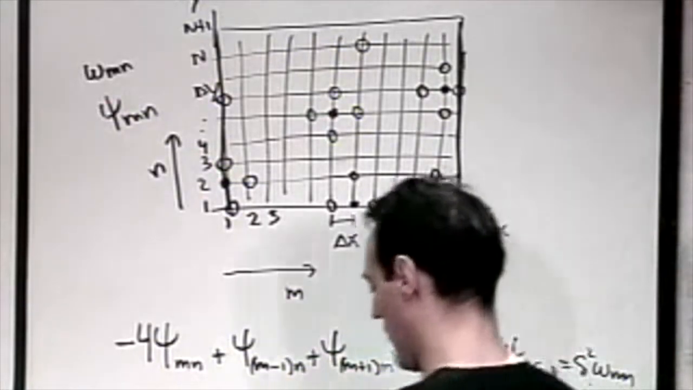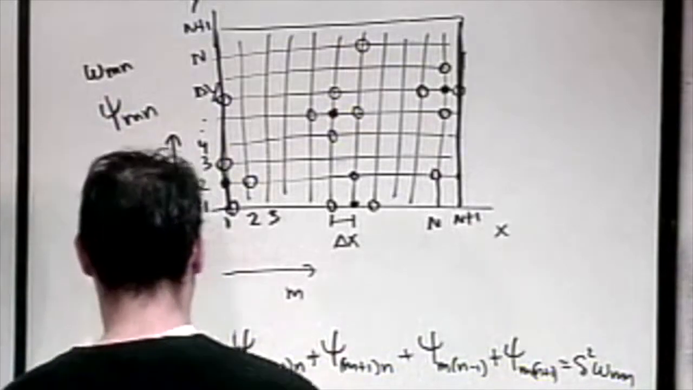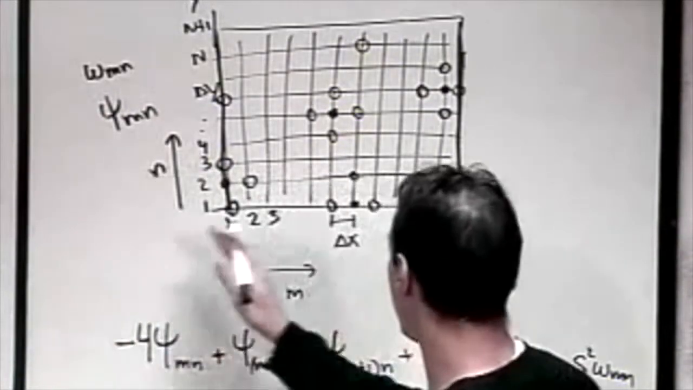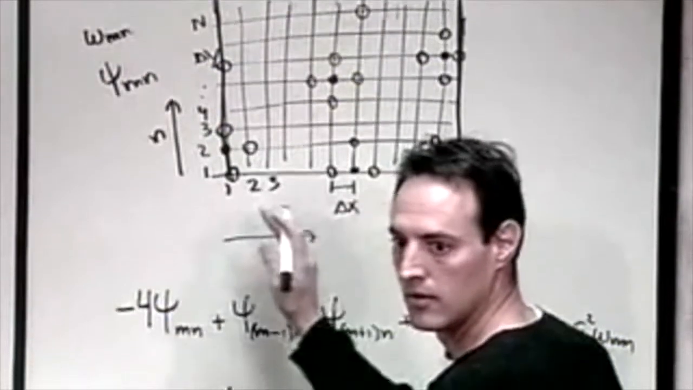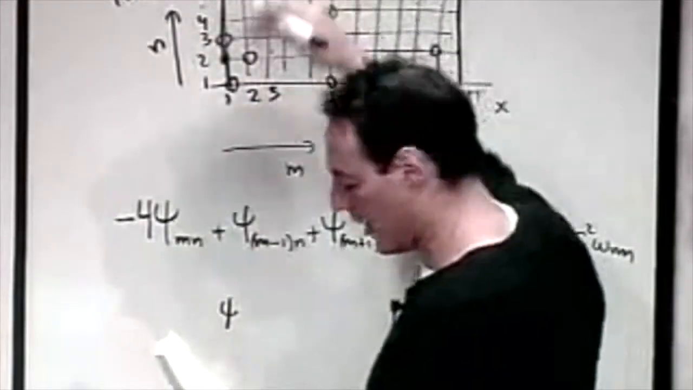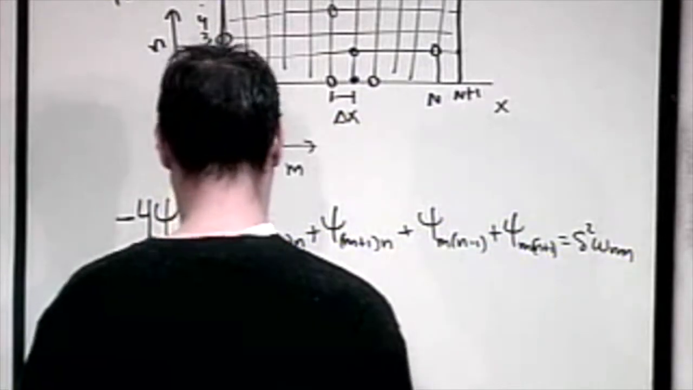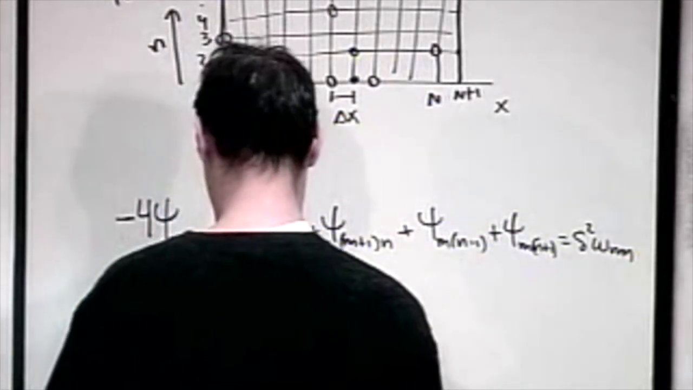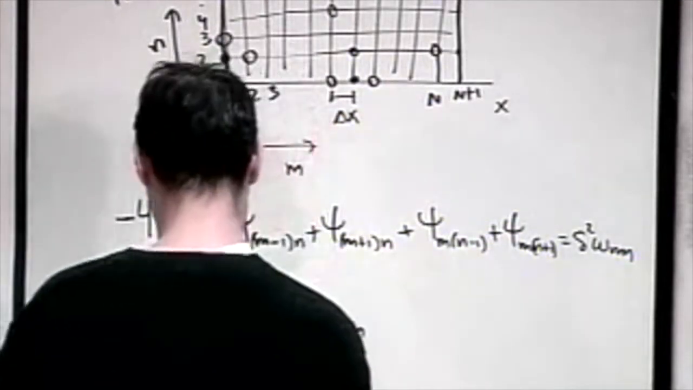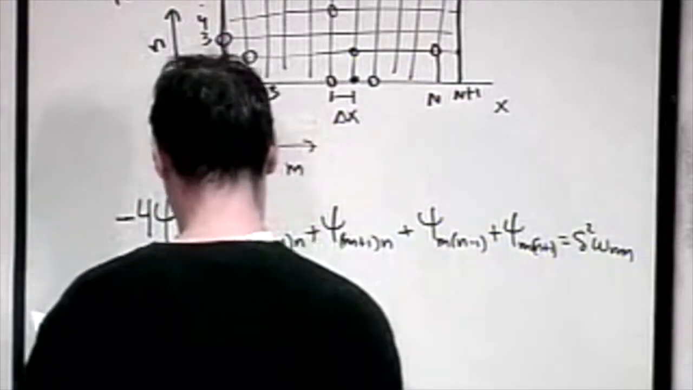So then you have the following boundary conditions. Remember, m is how far over you are here, and n is how you're going up this way. So psi of 1n is equal to psi of, and psi of